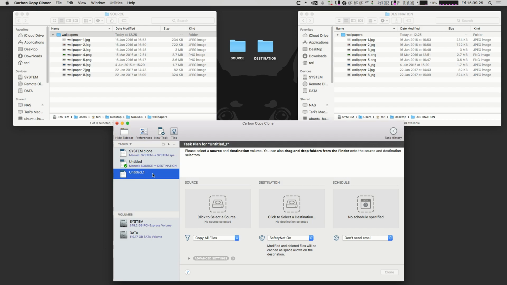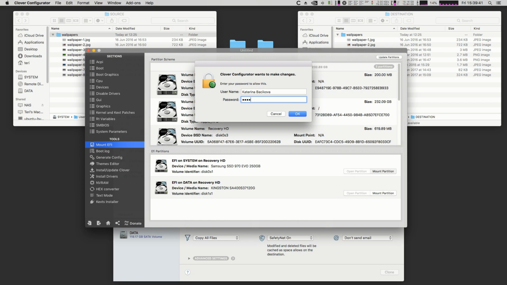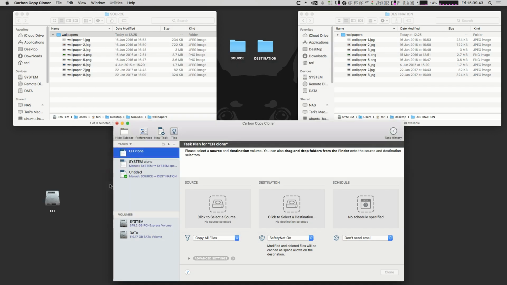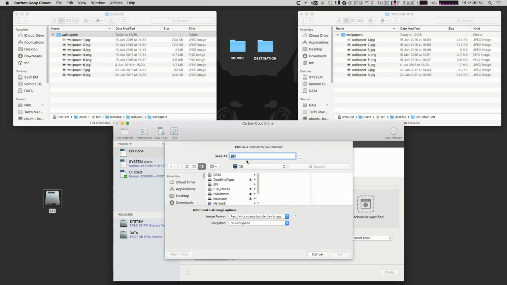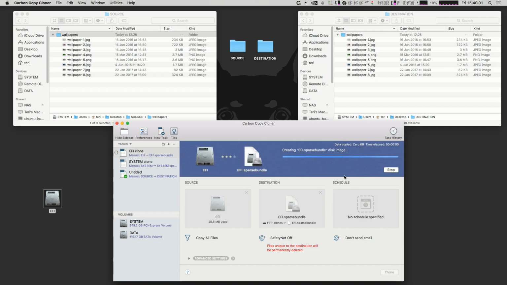You can create another task. I will call it, for example, EFI clone. Now we need to mount the EFI partition. You can do it manually by the Clover application, mount system, mount partition, and just drag your EFI partition to the source. Safety net off, and on the destination I will do the same. I will create an EFI image on my server, and I will run it now for you. So I hit clone,